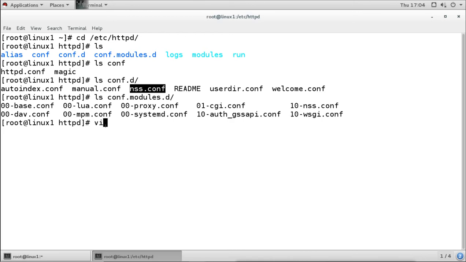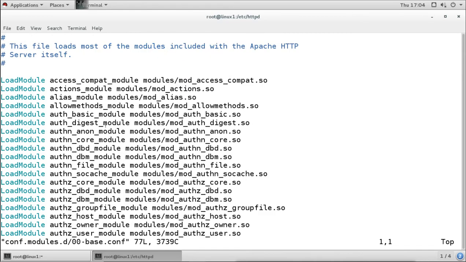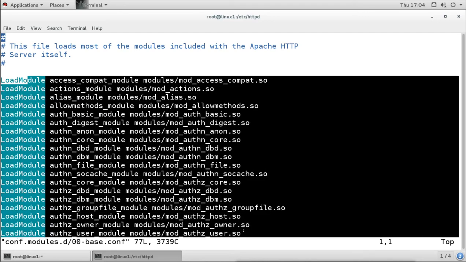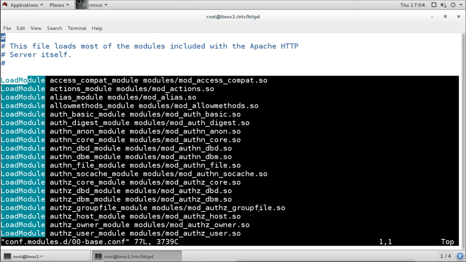For example, if I open a file from that module directory, let's say the base modules, we can see that it says these are the base modules, and this file loads most of the modules included with the Apache HTTPD server itself. So these are the default modules, the base modules which need to be loaded, and this file defines those modules.